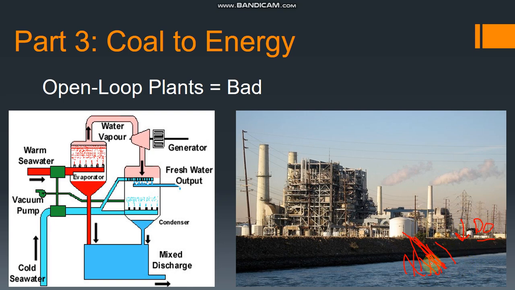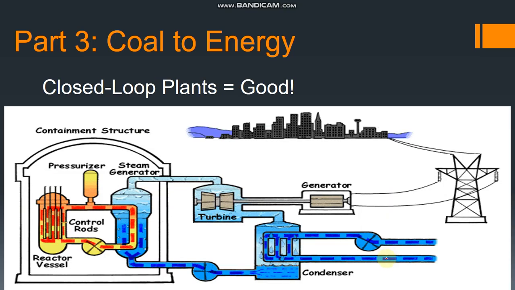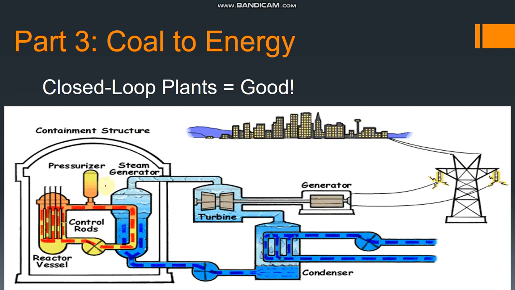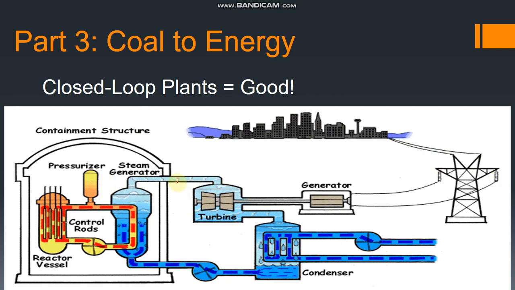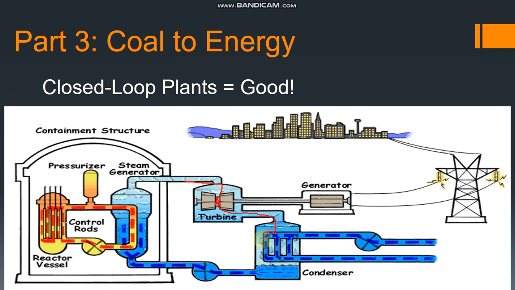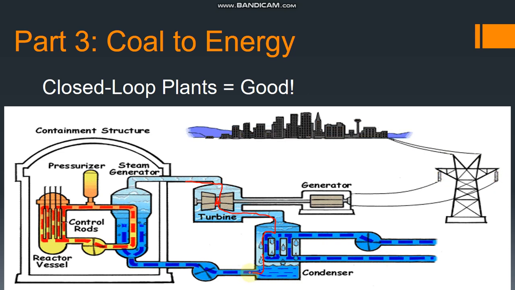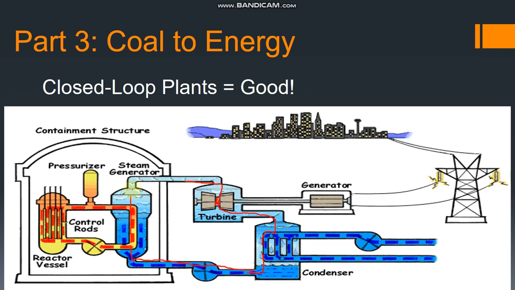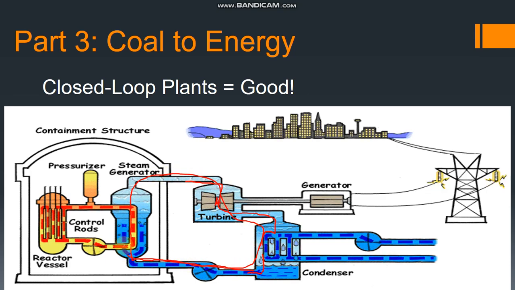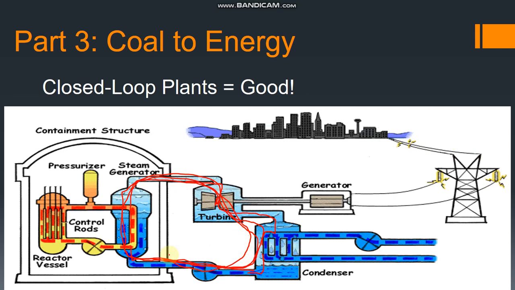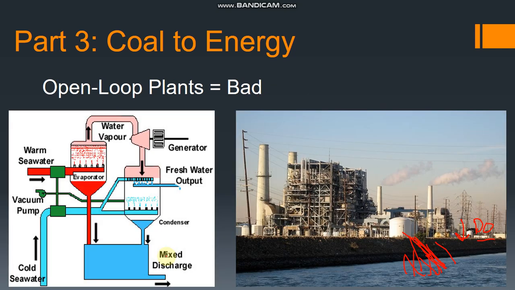But a more environmentally friendly type of system is called a closed loop system. And yes, this is an animation of a nuclear power plant, but it's the same idea in a coal burning power plant. When that steam is used to spin a turbine, that steam is then condensed in the condenser back to water, and that hot water is then pumped back to the boiler and it's used again. And the reason why it's closed is because this loop is closed, it's not open. And that means that the hot water is not being discharged back into a body of water like the open